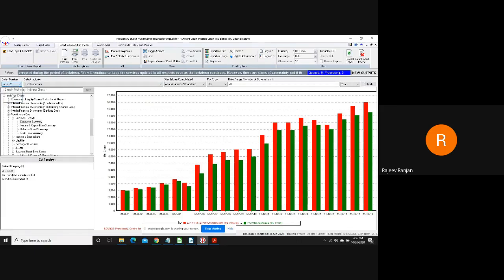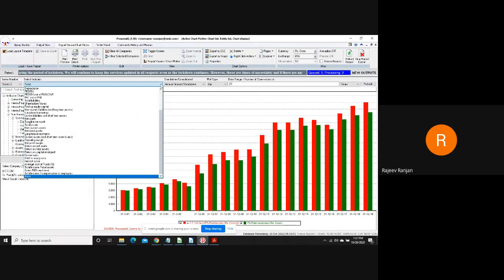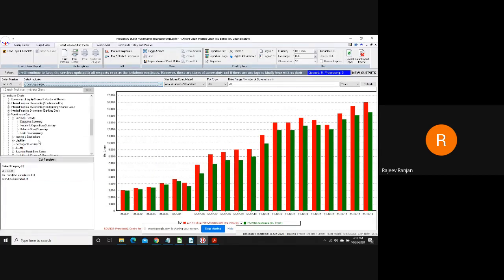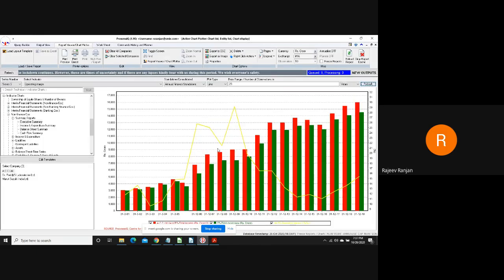I take the third series as say operating margin, and I want to plot it as a line item here. So it will plot the operating margin with respect to the income and expenses of the company for the last 20 years. Here also I can change the number of observations. So this is the easiest way to work on Provis and start getting used to Provis.